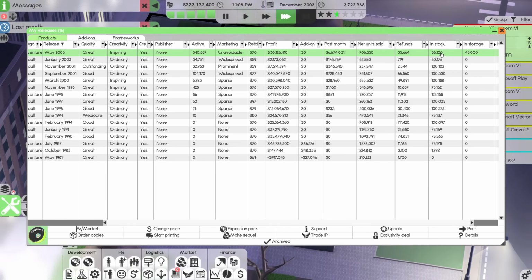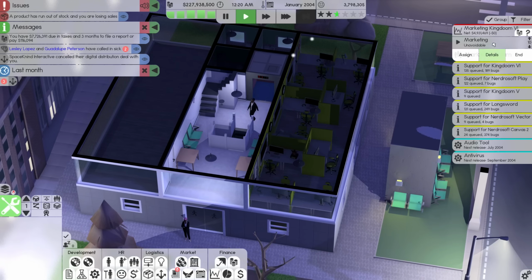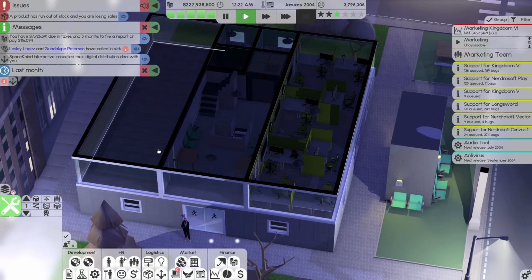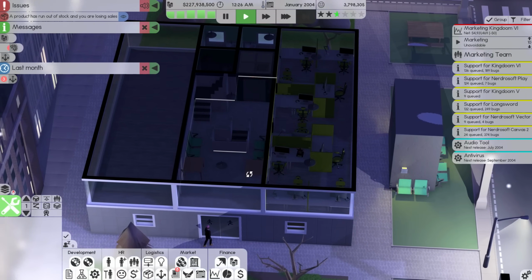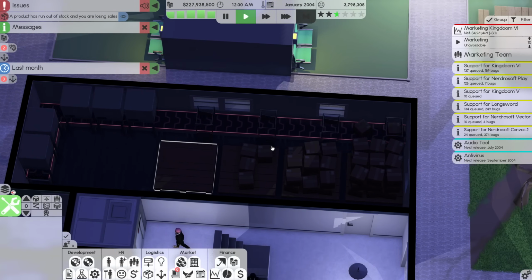86,000 of it in stock. I'm kind of wondering if it's going to run out of stock. It did. Oh man, that's actually a problem. 4.9 million. I've got 7.7 million to pay in taxes. Good Lord. Okay. You know what we might need to do is,